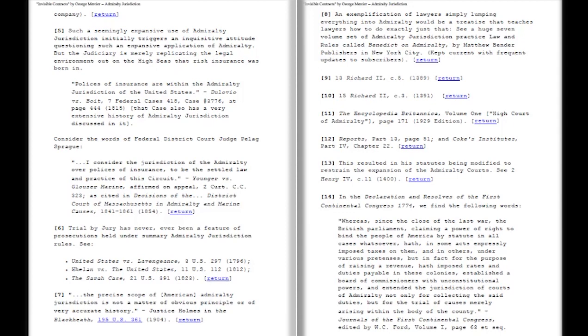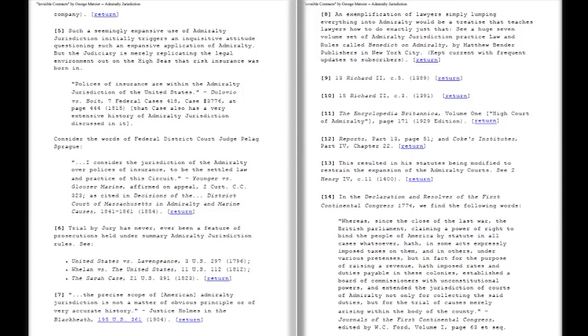Return. 6. Trial by jury has never, ever been a feature of prosecutions held under summary admiralty jurisdiction. See United States vs. La Vengeance, 3 U.S. 297, 1796. Wellen vs. The United States, 11 U.S. 112, 1812. The Sarah case, 21 U.S. 391, 1823. Return. 7. The precise scope of American admiralty jurisdiction is not a matter of obvious principle or of very accurate history. Justice Holmes in the Blackheath, 195 U.S. 361, 1904. Return. 8. An exemplification of lawyers simply lumping everything into admiralty would be a treatise that teaches lawyers